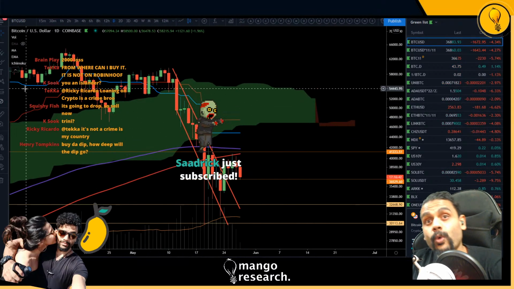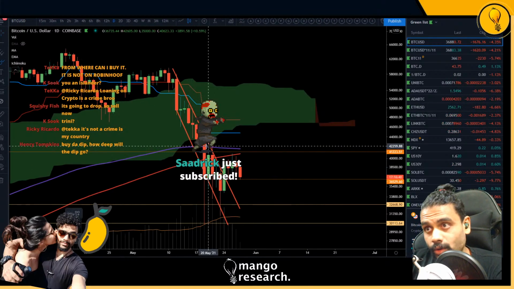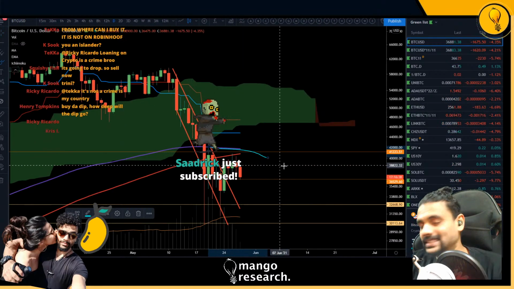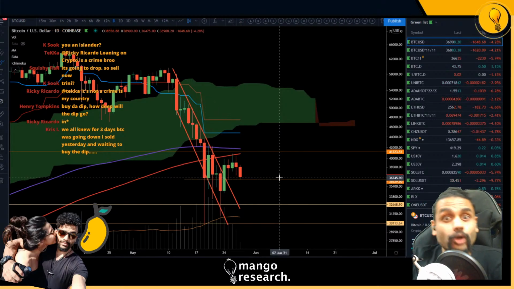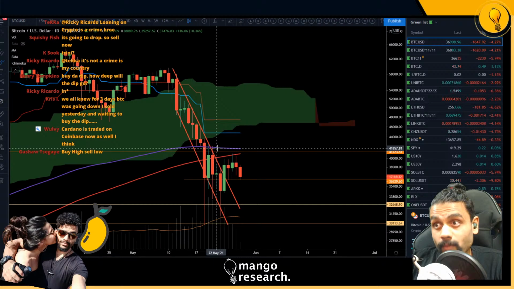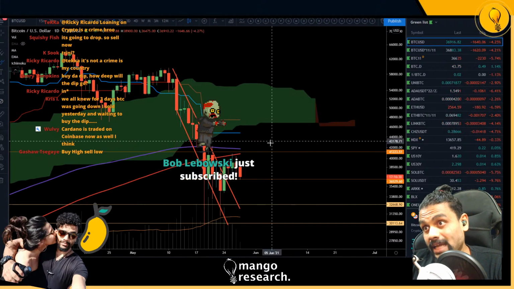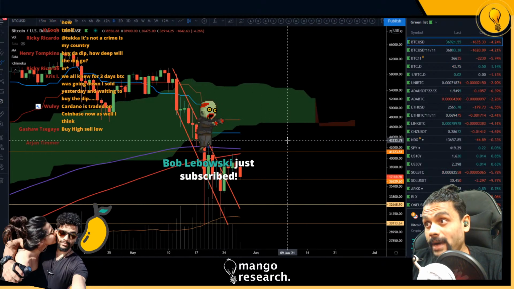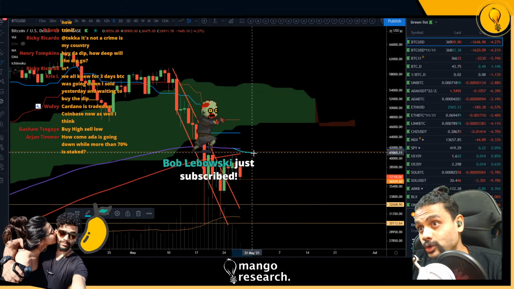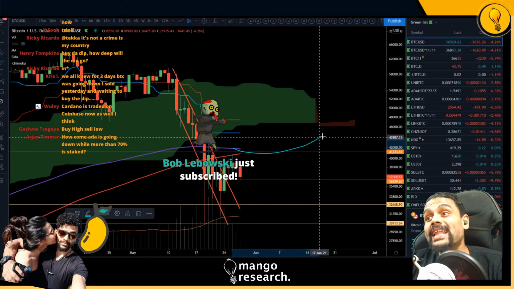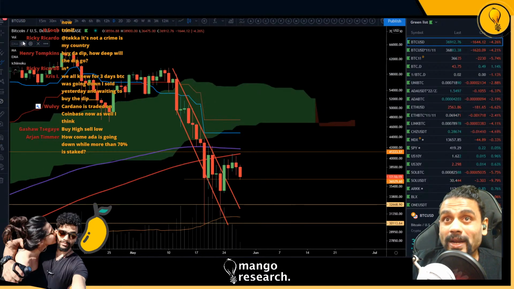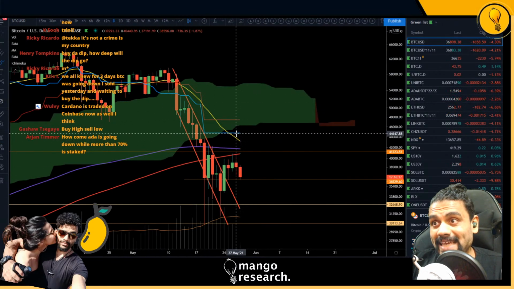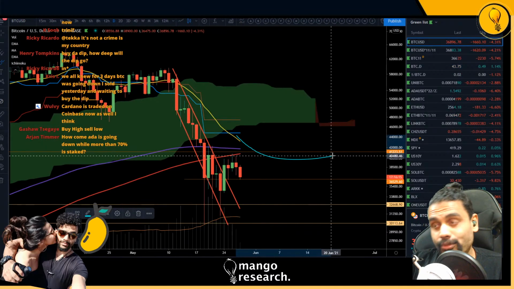After that, you see the slope now on the 200 exponential is beginning to curl down, guys. That's not a good sign for the midterm bulls at all, and this may cascade onto the higher time frames too. So what we want now is for price to start living for a few candles above the zone, so that we have the 200 exponential at least flattening out and then eventually curling. More importantly, we want the slope of the 21 EMA to start reversing and curling underneath price. There's a long way before all of that happens.